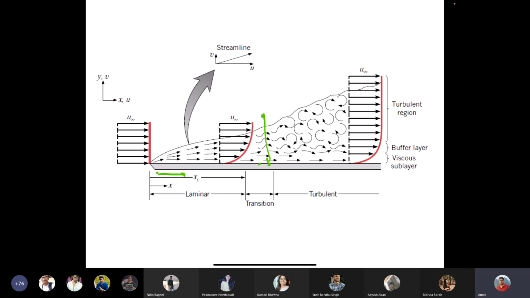Now, what happens is that in the laminar boundary layer, fluid flow, we know it flows in a quite orderly manner. It is possible to identify streamlines by Reynolds experiments that I told in the last class. Now, as the boundary layer thickness grows, the velocity gradient, as I mentioned, at y equals 0, which is here on the surface, decreases in the streamwise direction, which is the x direction.